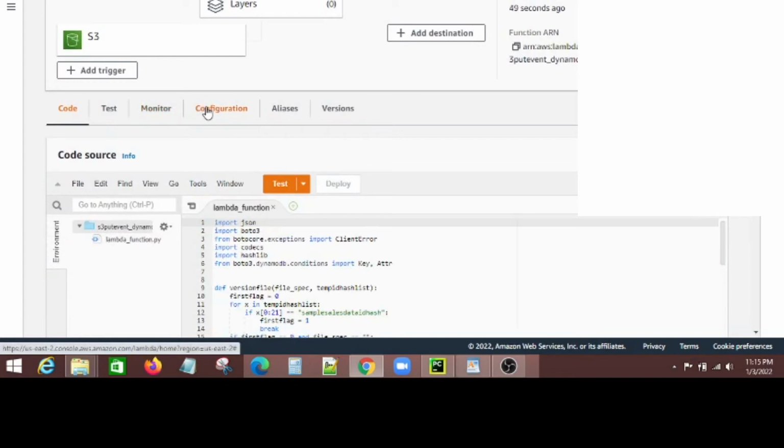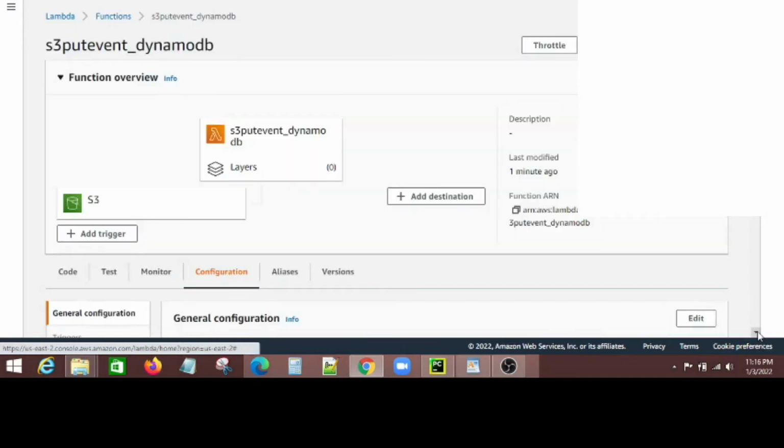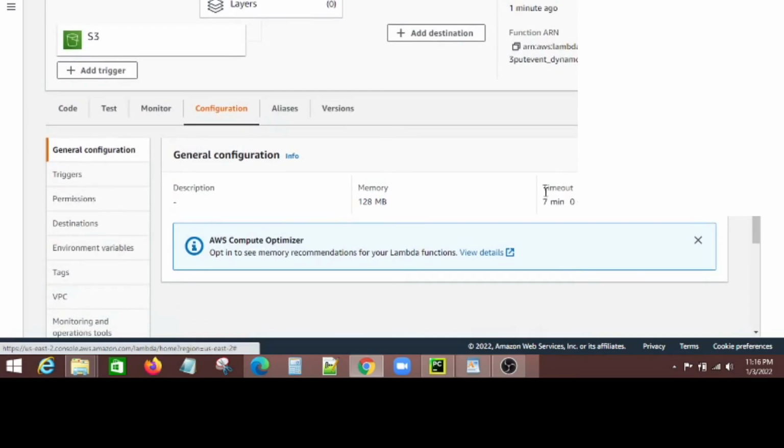Now the few things that I have to take care of: I should make sure that the Lambda has enough time. The estimated time should be enough. Otherwise, if the function is still running but the time we set is not enough, then the Lambda function will terminate. So that's why I gave 7 minutes, and the memory also,